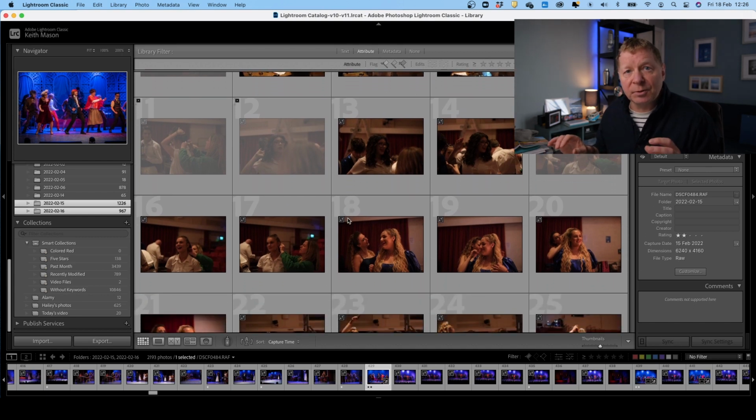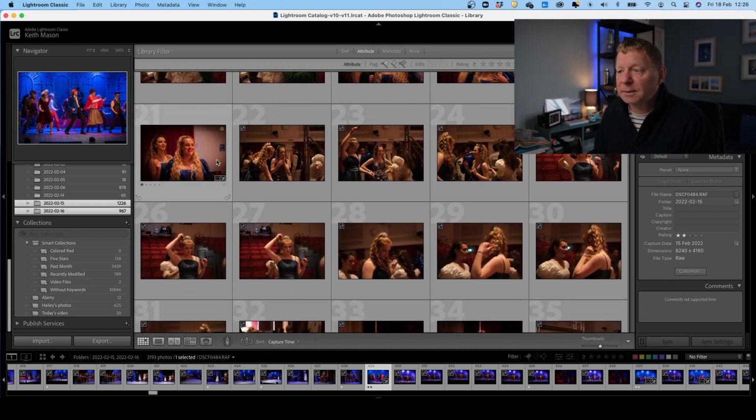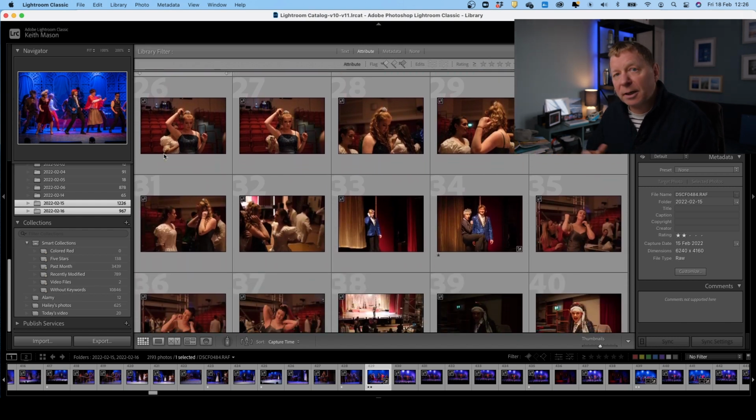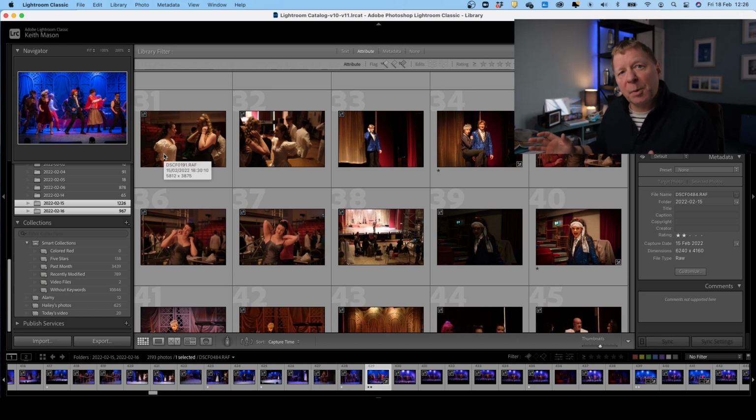The first thing that I do as I edit these pictures is I do a first run through and just put a star rating against a picture that I think I might want to edit further, and I do that as quickly as possible, and probably that cuts 1,000 pictures down to about 300, maybe 400. Now, not all of those are going to make final edits, but it gives me an idea about what I'm